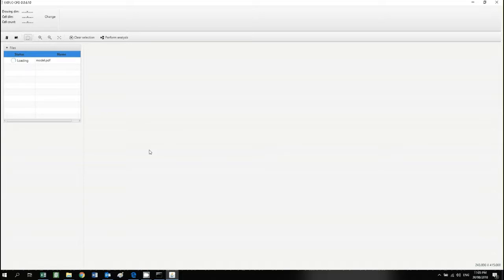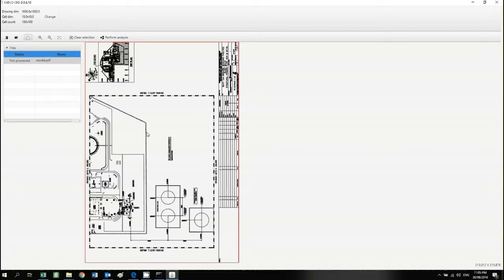And while it's loading, don't click on this area, just leave it empty. If you do click on it, you won't be able to visualize the drawing later. But after it stops loading, it'll say not processed like it is now. Then you can click on it, and then the drawing will appear. Now you see,